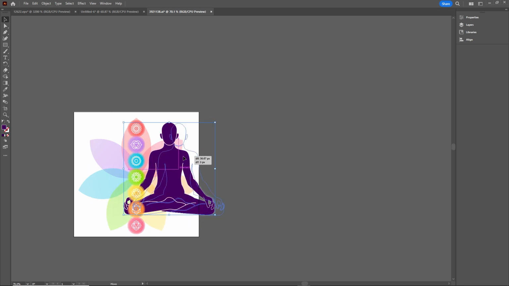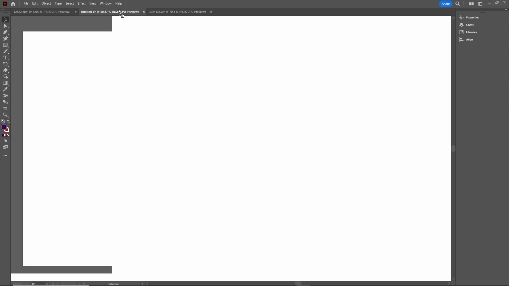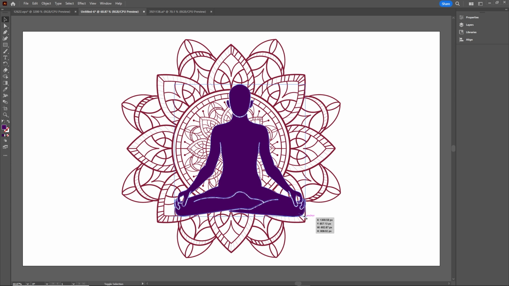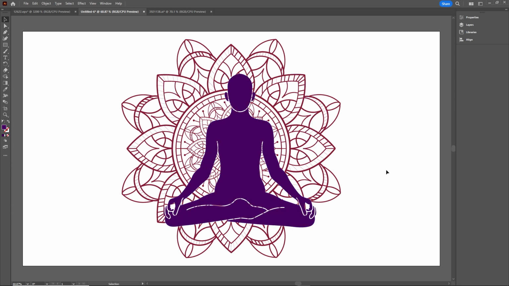So I'm just going to select this one, and I'm going to drag this to the new document that I created, like so. Now I'm going to scale this little bit, so with the Shift, and I can go also with the Alt, like so, maybe a little bit more. This depends on you, but yeah. And I'm going to align this, so I'm going to click on this. I will go to the align,